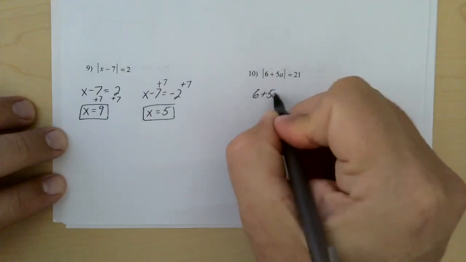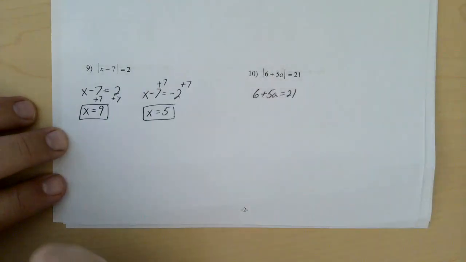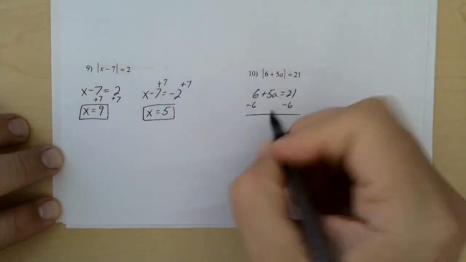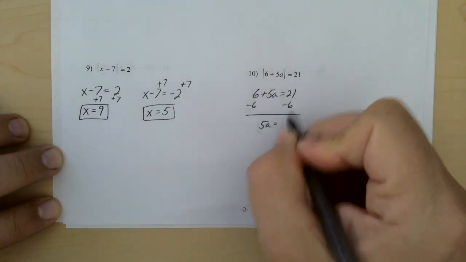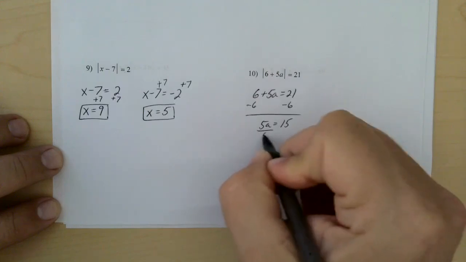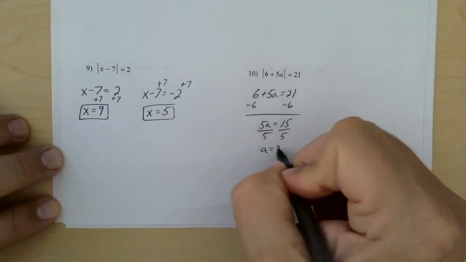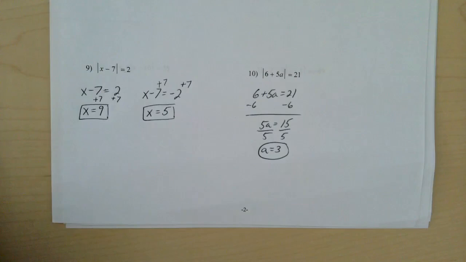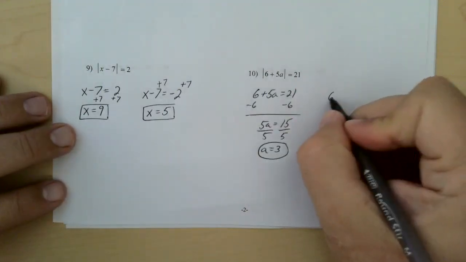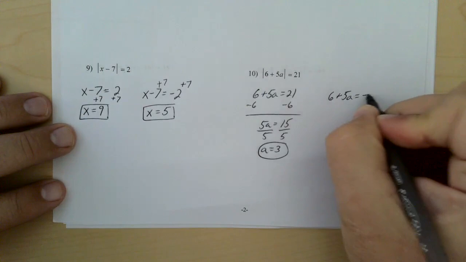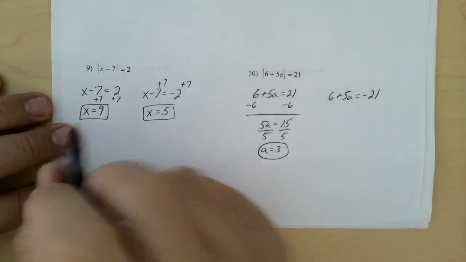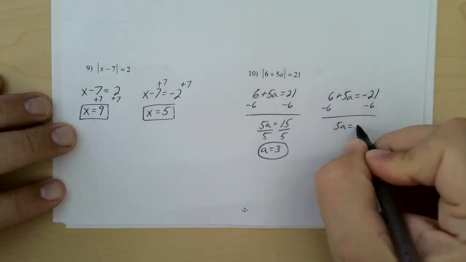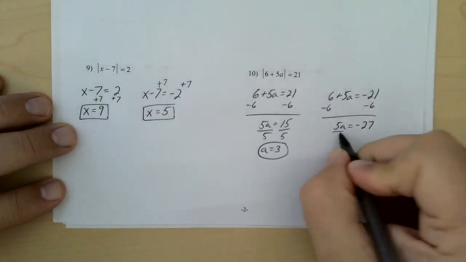This one is just going to take 2 steps to get the answer. After dropping the absolute value bars, my first move is to subtract 6, and I'm going to get a 15. I'm going to divide by 5, and just like that, I know a is 3. Okay? Now, don't panic on this other one because we will get a fraction. Sometimes these are hard to make out when both answers are nice and neat, but I'm not going to panic. I have 5a equals negative 27, and when you divide